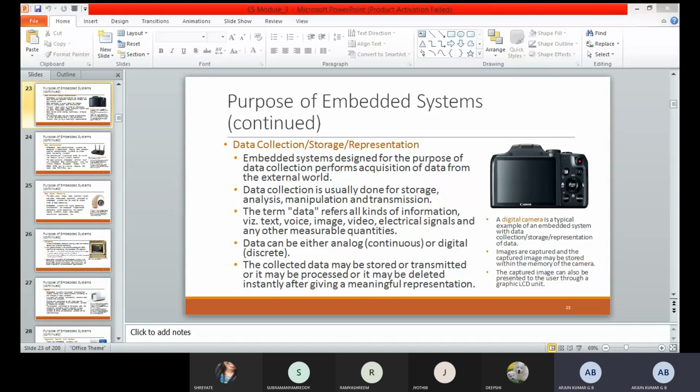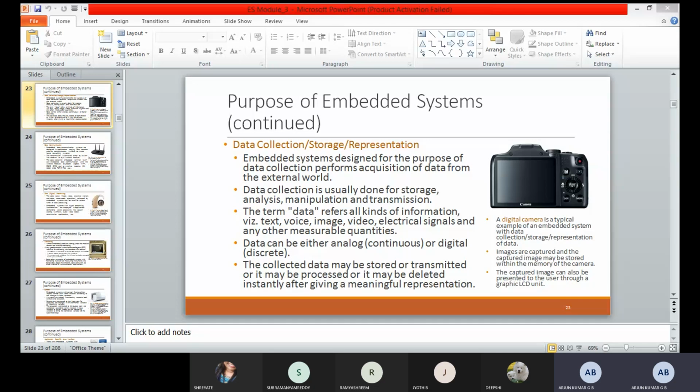After that, applications. We have different types of application areas. One is consumer electronics, household applications, automotive industries, and home automation and security. Now it is a very common thing in every home: there is an automation system, and also a security system. A security system is nothing but CCTV or some alarm, like a fire alarm. Those things will be there, and also telecommunication.